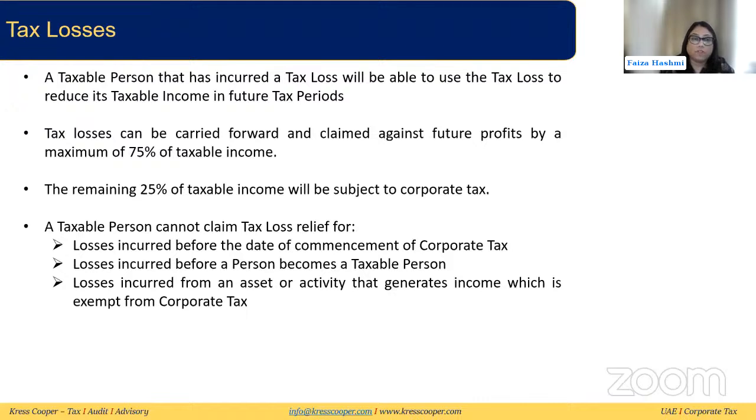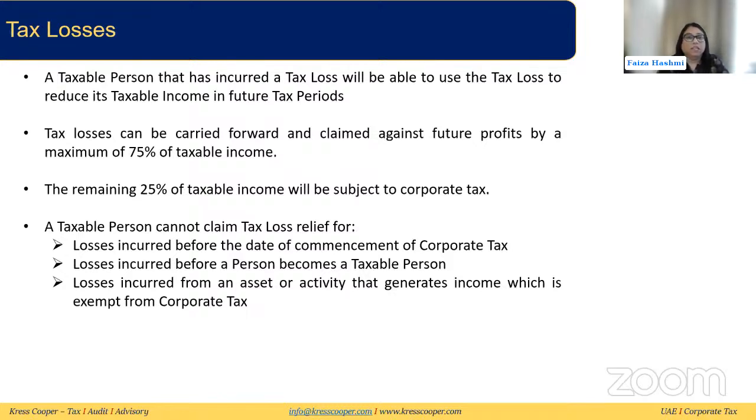So 75% of that is how much loss you can take. If the loss is less than that much, you can take the whole of it. If the loss is more than that much, then you need to take only enough that it is a maximum of 75%. And then the remaining 25% of the taxable income in the year 2025 will still be subject